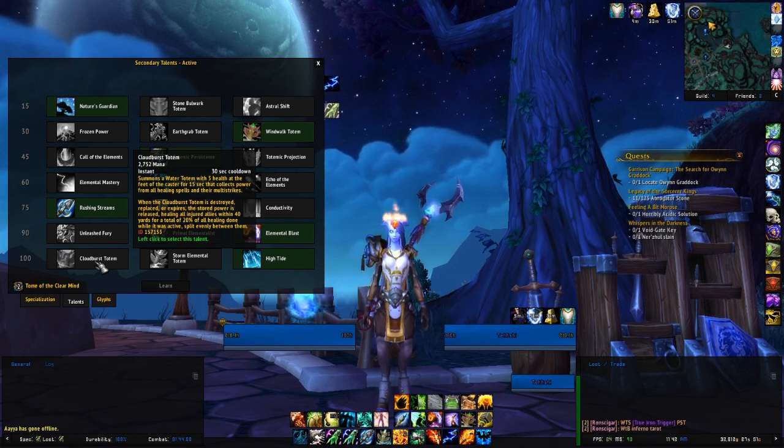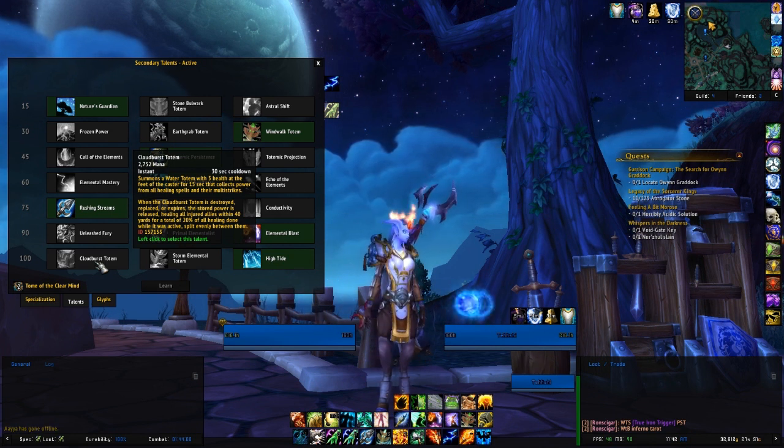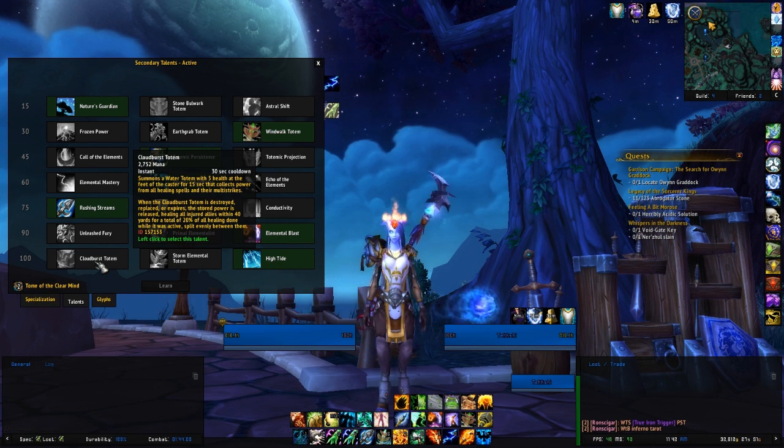If you knew, hey, in 15 seconds we're going to take a big hit from this ability, you could throw Cloudburst Totem up ahead of time, do your healing, and then, bam, you're going to get this big heal that heals everybody, kind of. But